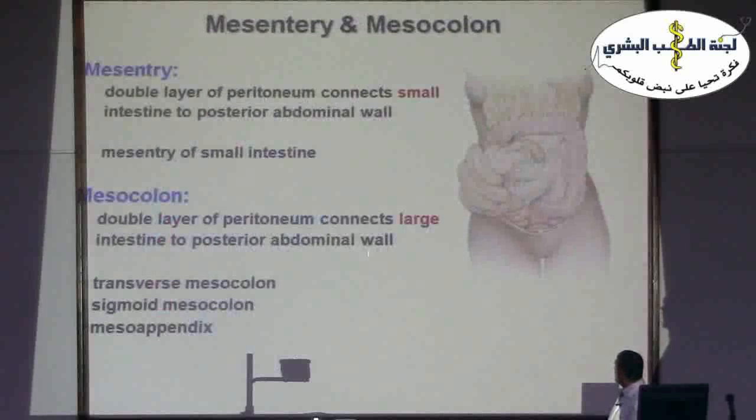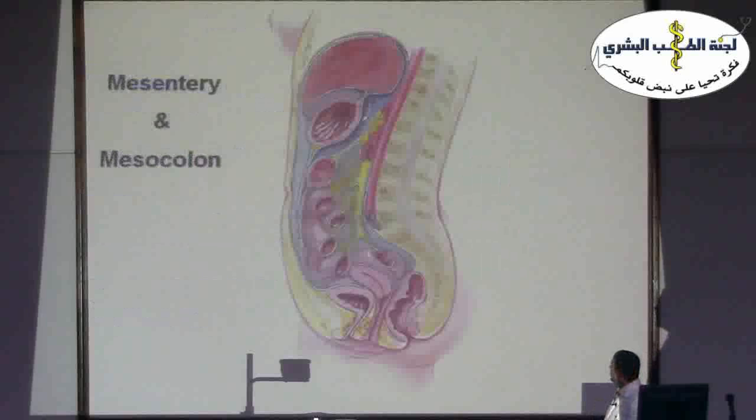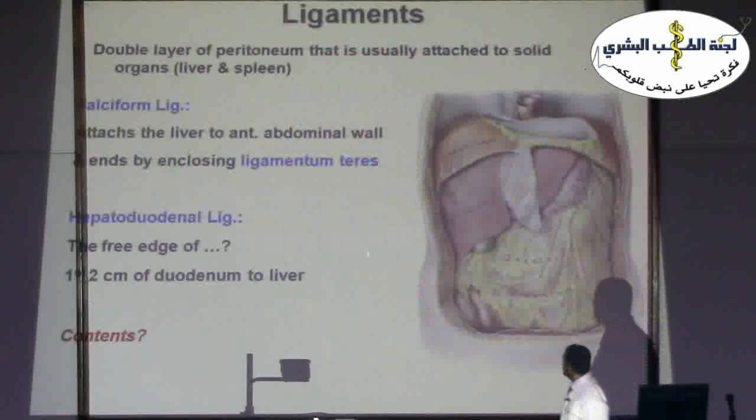The mesentery, as I told you, is a little bit more complicated, and the mesocolon. They are related mainly the mesentery to the small intestine, and the mesocolon to the large intestine. To simplify these structures,